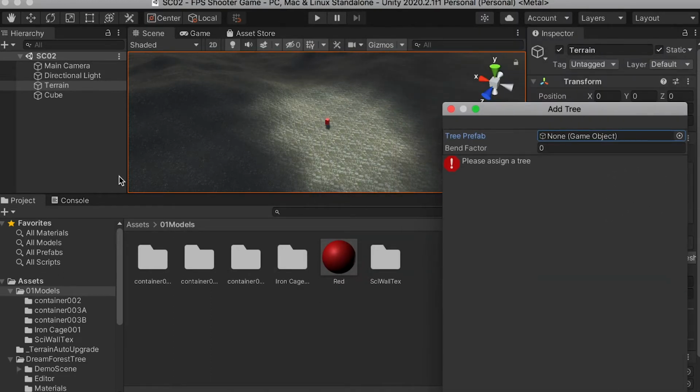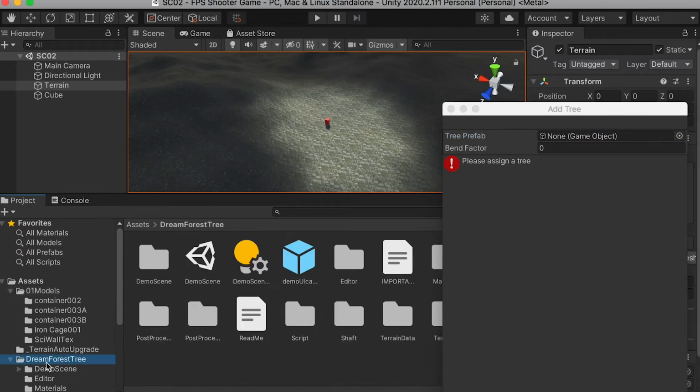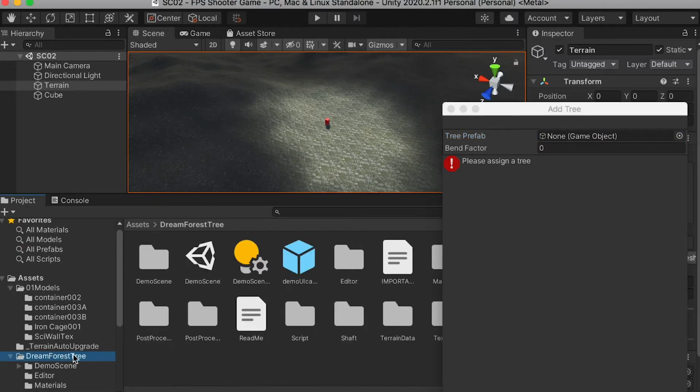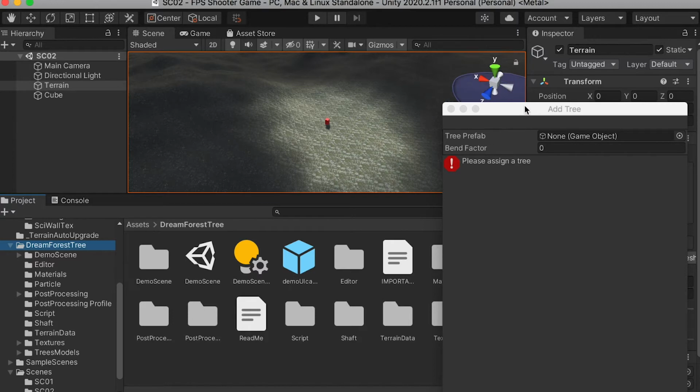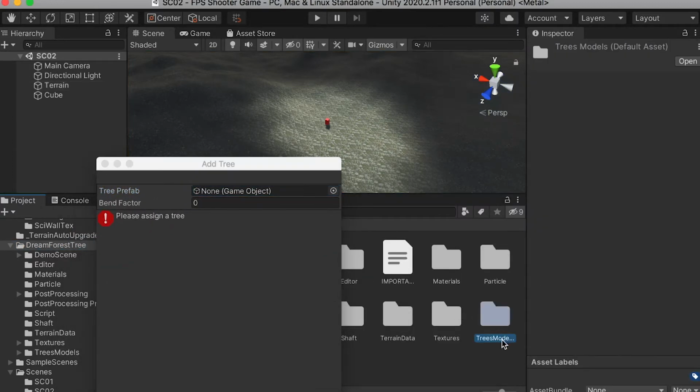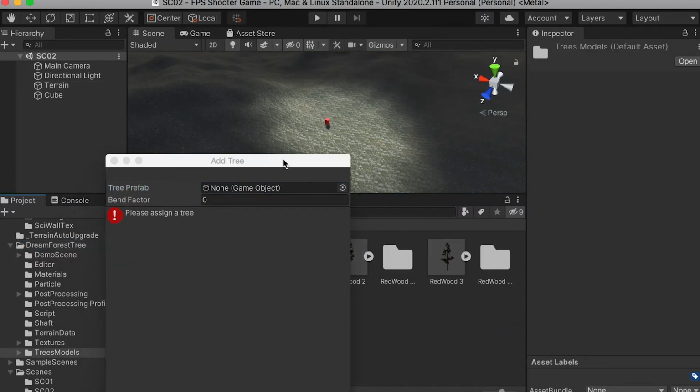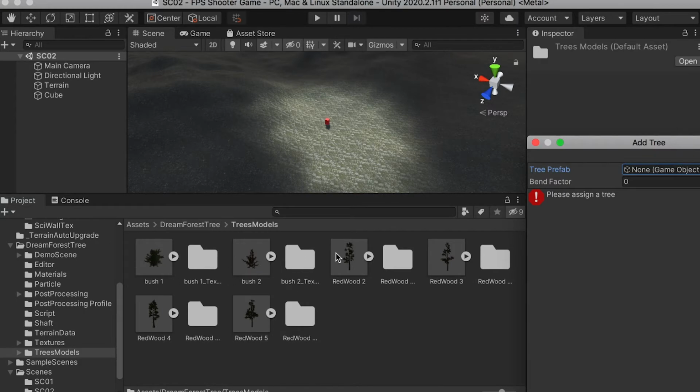So I will go to the folder Dream Forest Tree, which is the assets we imported, and go to the tree models folder, and here you should be able to see them. We have four different types of trees and two bushes. I'll try the first one, the redwood 2,